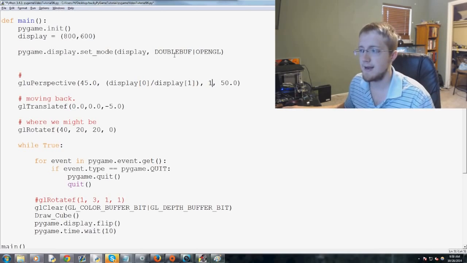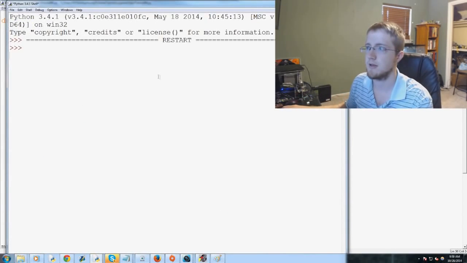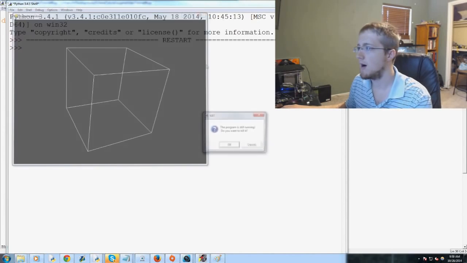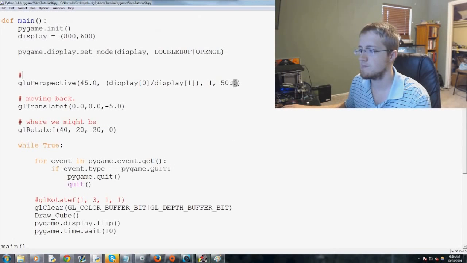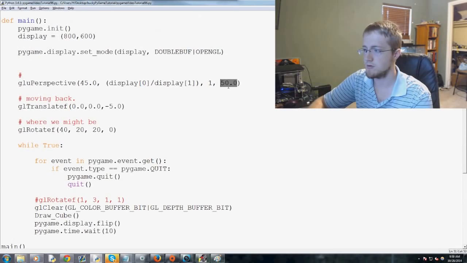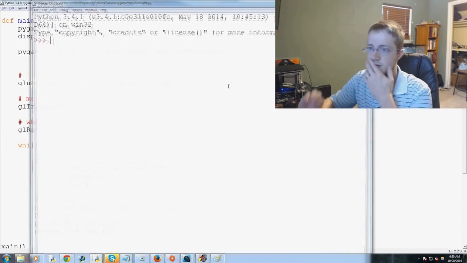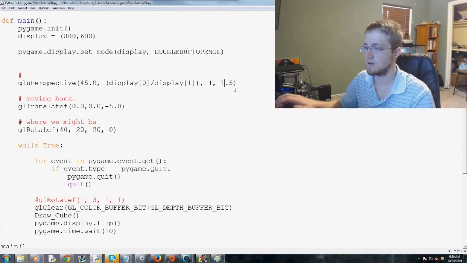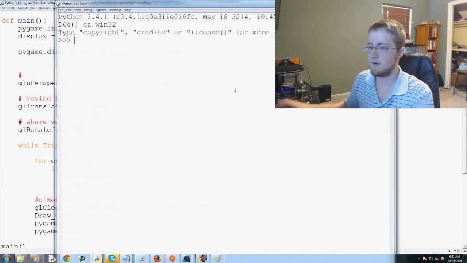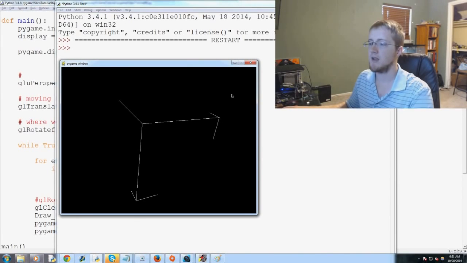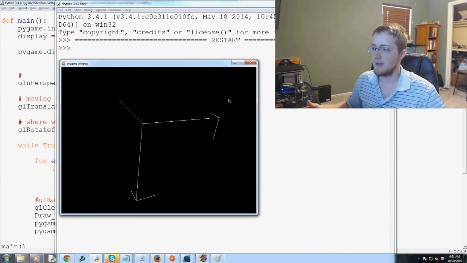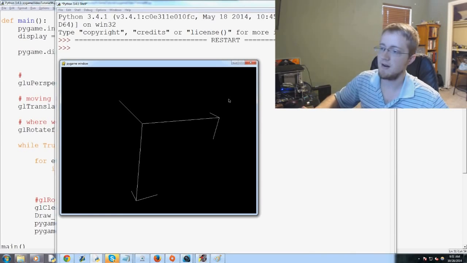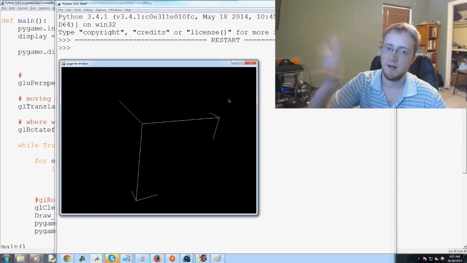Still can't really illustrate clipping planes for you. I mean, well, maybe we can. How big was that cube? Let's go look at the cube again real quick. We could maybe do like 1.5. Let's try to see if we can get away with 1.5. No. Okay. Let's do 4. There we go. Okay, so with a clipping plane, basically what's happened here is it's almost like there's a wall,